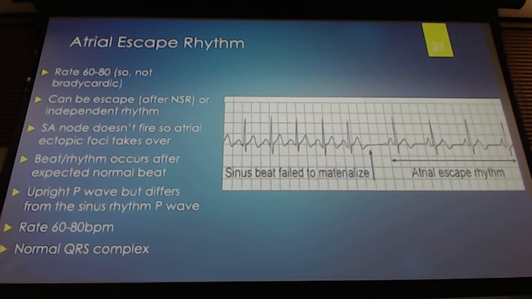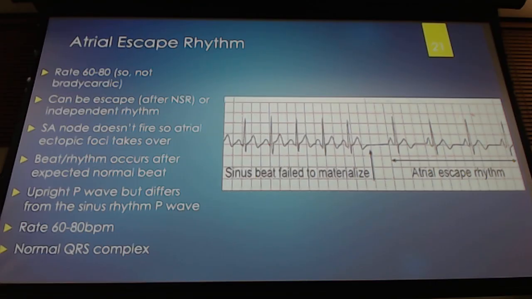We see P waves. But the P waves that we see should be different than the P waves that are coming from the SA node. The P waves that we see are a little bit different. And then the rate is going to change. No longer at 60 to 100, now we're at 60 to 80,